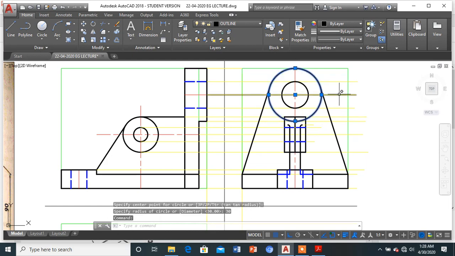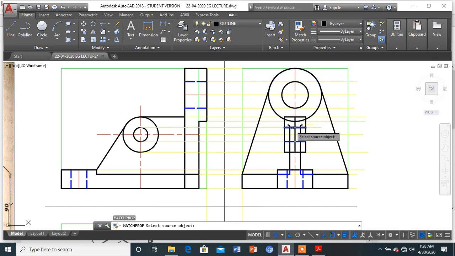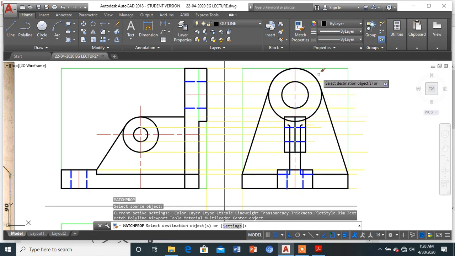I'll be selecting this. I'll be selecting the hidden line and making this entire thing the hidden line.